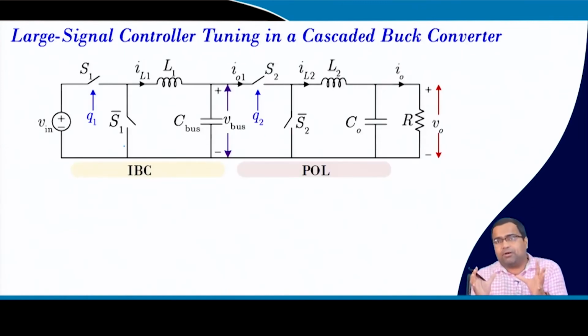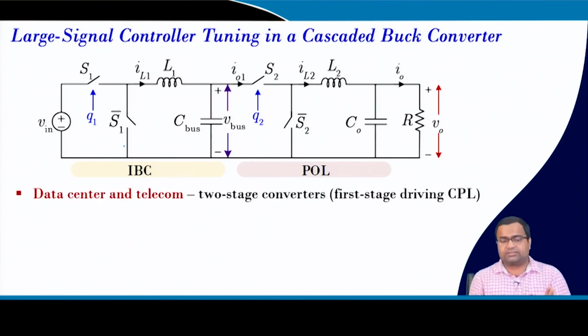Now, the constant power load in one case can be approximated like another converter, but it need not always be two converters. This is one of the examples. For example, I told you, suppose a buck converter or a boost converter is driving an inverter load which is driving a motor. So, the boost converter is driving the CPL, where the CPL can be treated as a constant power load. But this is another application where two converters are used, and this is commonly used in data center